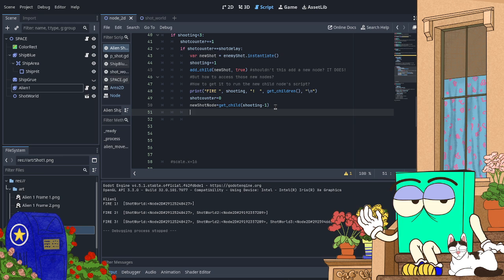That was me going on a tangent inside my brain, which is where all the magic happens. Wondering if you destroy a child node or remove child node, as the case may be, I have to see if removing a child node actually destroys the instance. I think it does. I think it will.